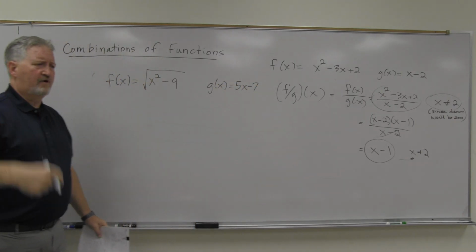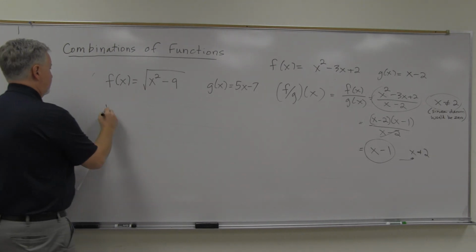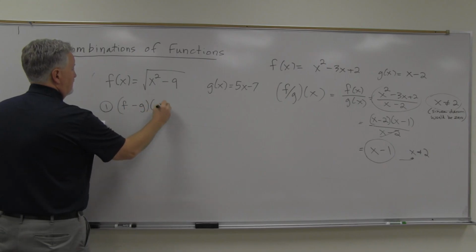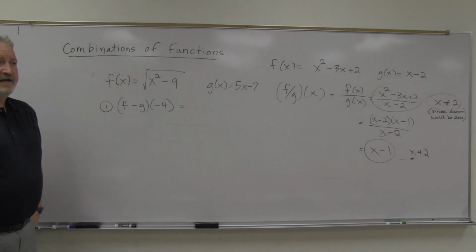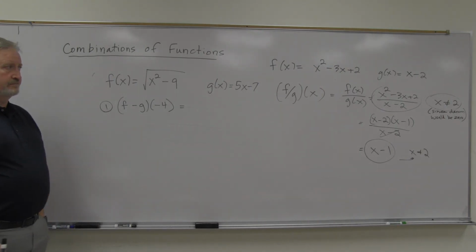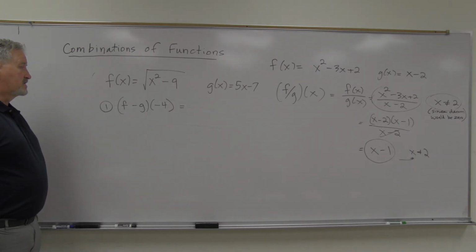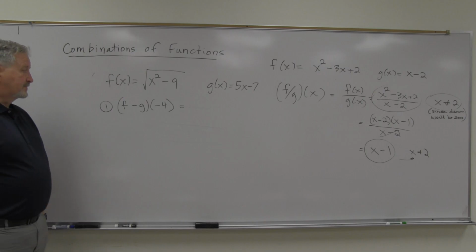So the other type of problem that we may encounter here is this. What is f minus g of negative 4? I guess there's a couple ways we could do it. If we already had done f minus g of x, we could just use that, but I don't have that. Wouldn't be that hard, but